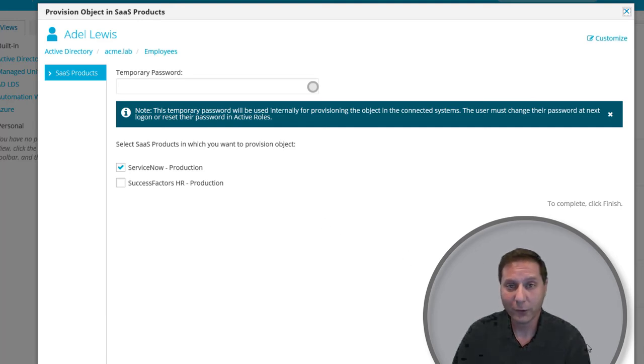And if you don't want to use our Starling Connect platform, it also includes a SCIM connector, and you can just use that instead. So as you can see, our cloud provisioning process is very robust and allows you to handle pretty much any scenario that you want to do with Active Roles.